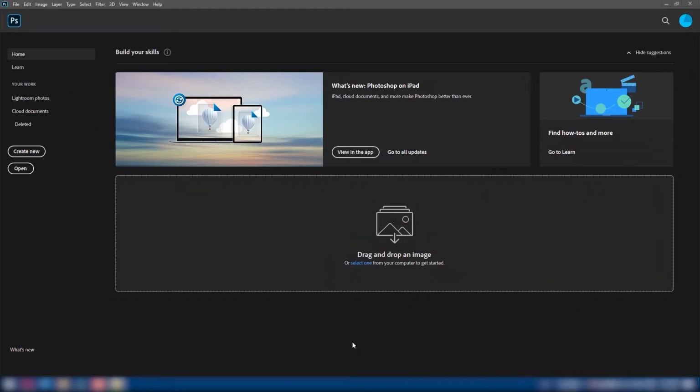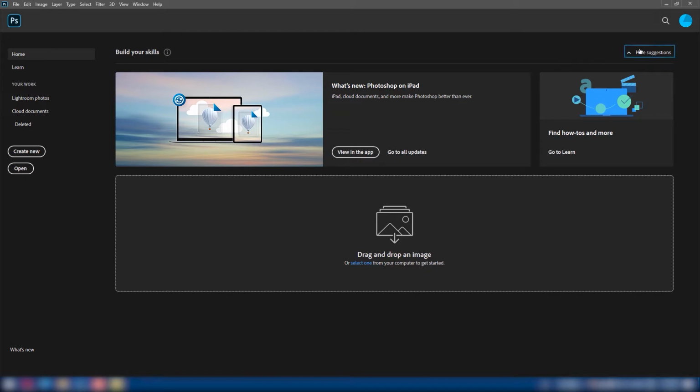When you first launch Photoshop, it will display a home screen. This home screen will help you to create files that you want to work with. Your home screen may not look exactly like mine. The first time you launch Photoshop, you might see messaging in this area, or you might see a link to the tutorial, or an update note like what's new in this version.